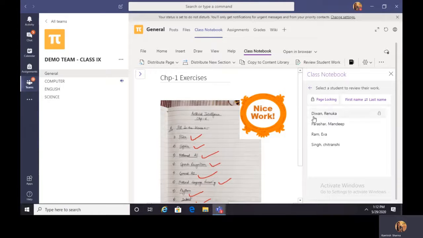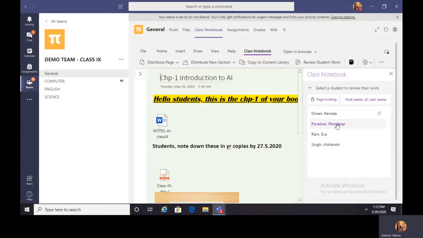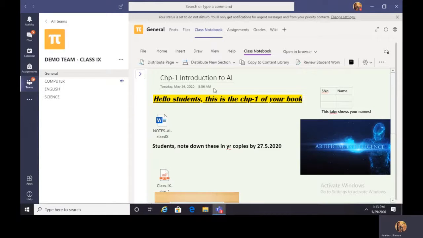It is going to show me the number of students who have the work in this particular section. So I want, say for example, to check this child's work. The moment I click on this child's name, it is going to show me the page of the child, and I can close this particular tab and come back to here. Again, I'll have to go to draw and pick up a pen or whatever I want. I can say, why is this table empty?